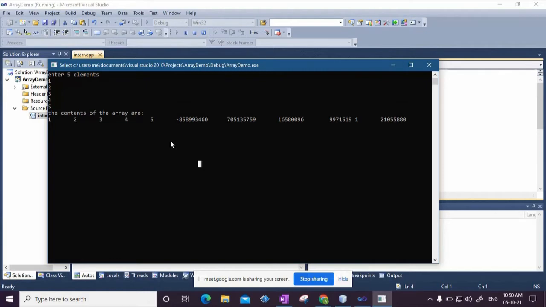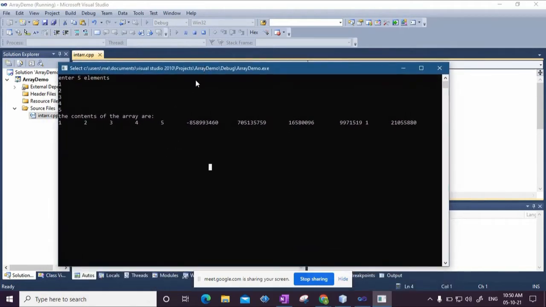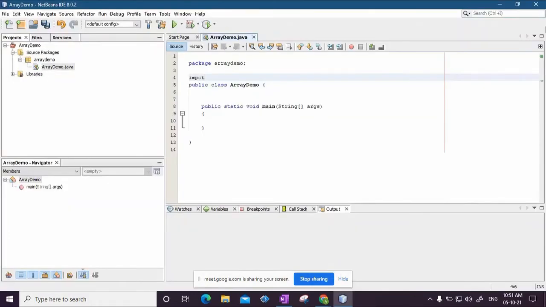So this clearly tells you that in C++, also in C, there is some problem associated with the array, and that is called the memory leakage problem. So what is this memory leakage problem? If you try to print the contents of the array, if you try to go across the bounds of the array and access the memory, there is a leakage that is happening, and this is a serious problem. Now how is this leakage addressed by Java?